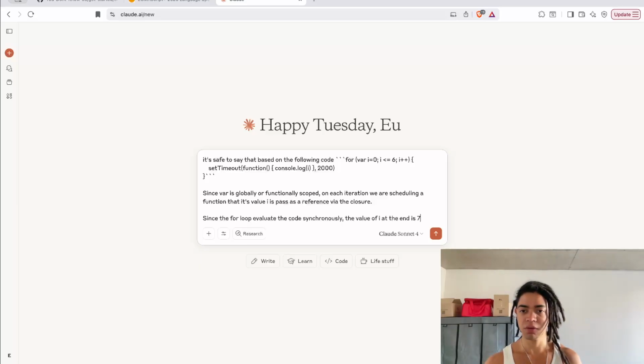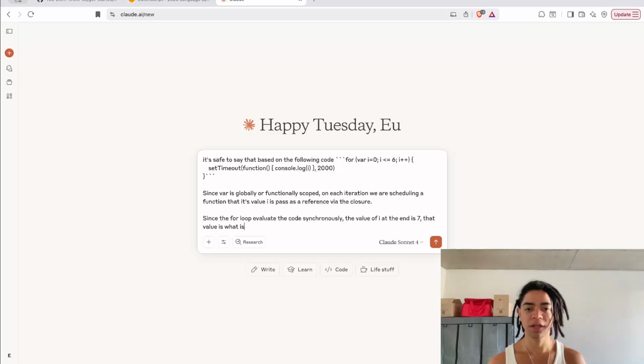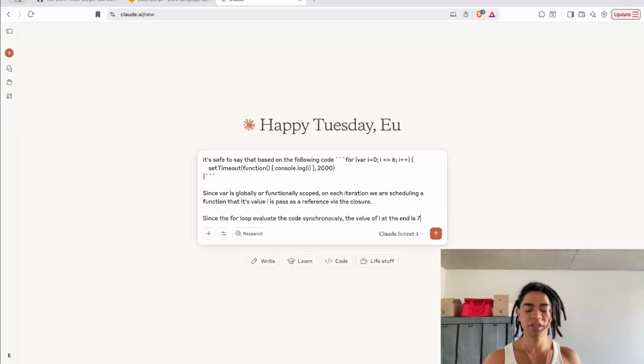Because it goes from 0 and then evaluates 6. 6 is less than or equal, which to me is quite interesting. And you say, hey, yes, 6 is equal, so let me go to the next one, and the value of i at the end is 7. That value is what is being passed as a reference. So since var is globally and functionally scoped, and on each iteration here we are scheduling a function whose value is passed as a reference via closure,